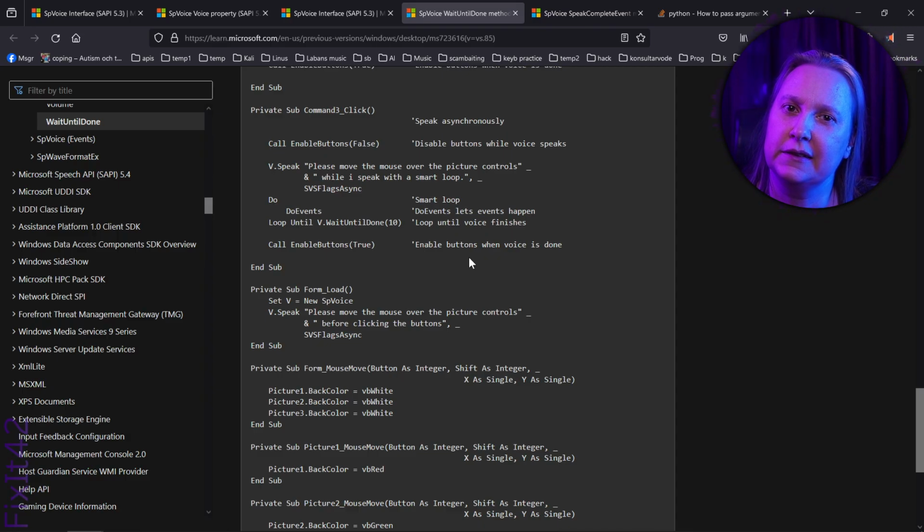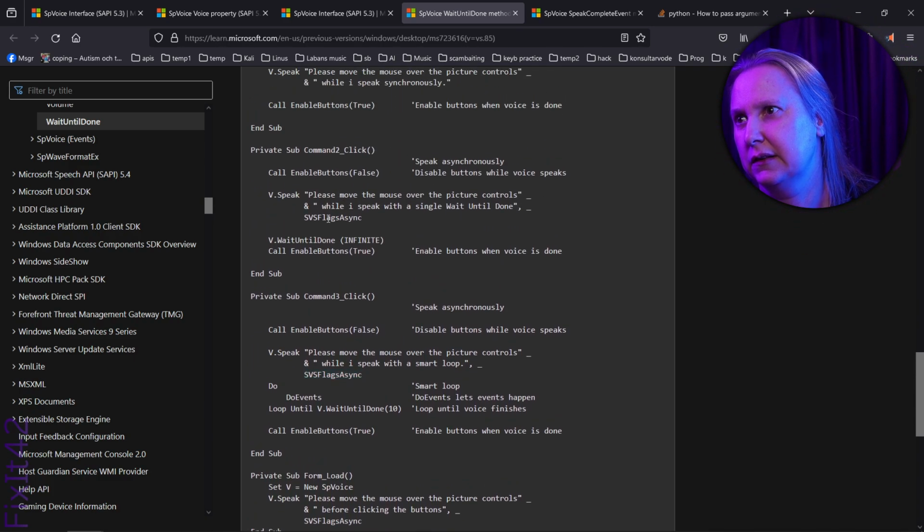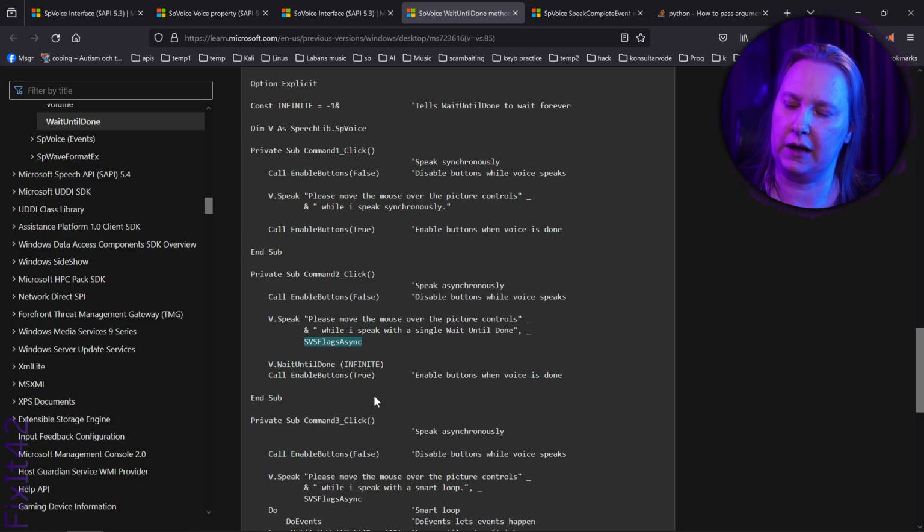I'm a bit curious to open a new C# in Visual Studio and just do this there. Here it is. Flags. Flag async. Flag async. So the synchronous one is the default. And this flag